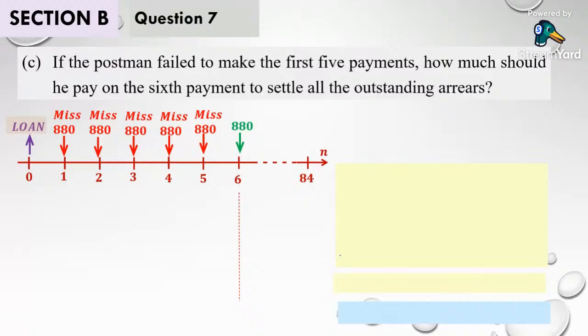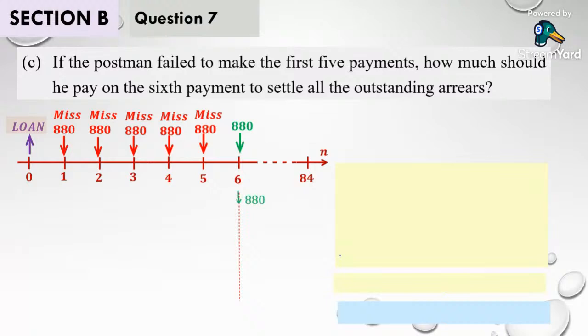And the actual amount that needs to be paid is different from one to another, and we will see it later. So let us try to see. This is a situation that happens, and what is the amount of money that actually needs to be paid? Instead of simply memorizing the formula, let us try to really understand the situations. So if you happen to miss out 5 payments, and the 6th payment is due now, what is the total amount we need to pay so that there is no more outstanding arrears?